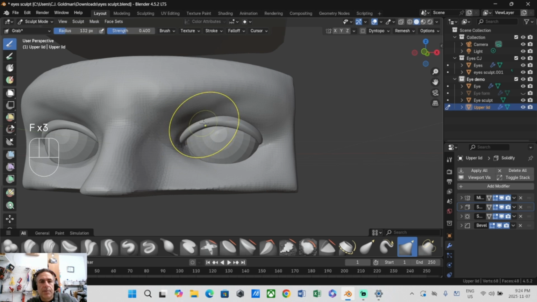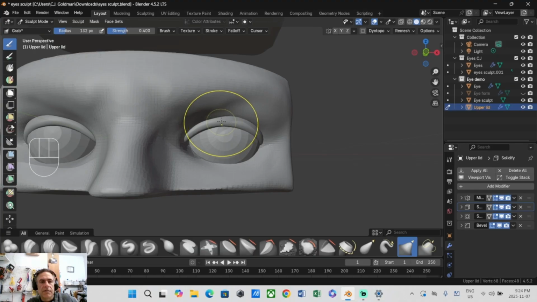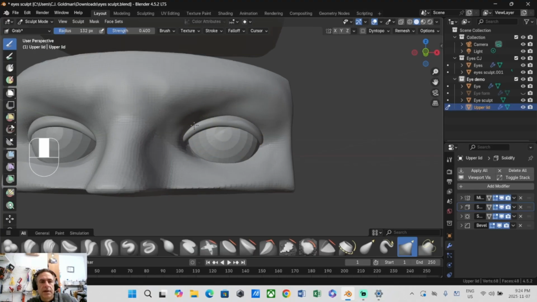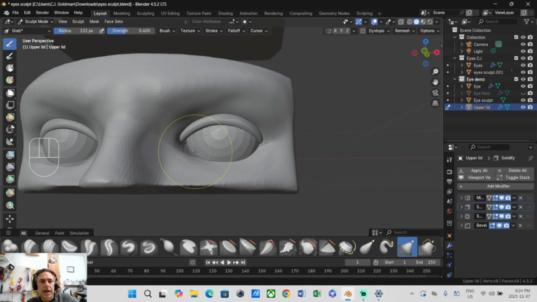Notice my brush is really big. I'm just using it to kind of change the curvature of the piece of the eyelid. Okay, so now that I have something like that,